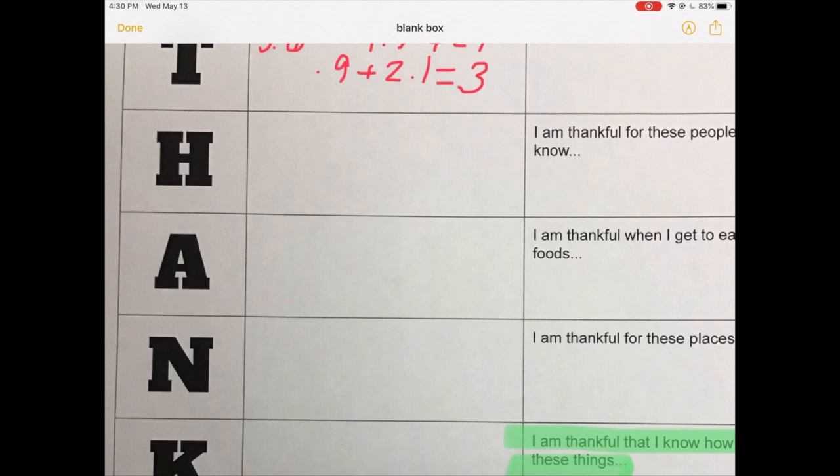And all of this is being recorded. My writing, my voice, all of those things are being recorded. And if you notice the red up here in the upper right-hand corner, that's showing me that's being recorded. So I am actually going to push the stop button